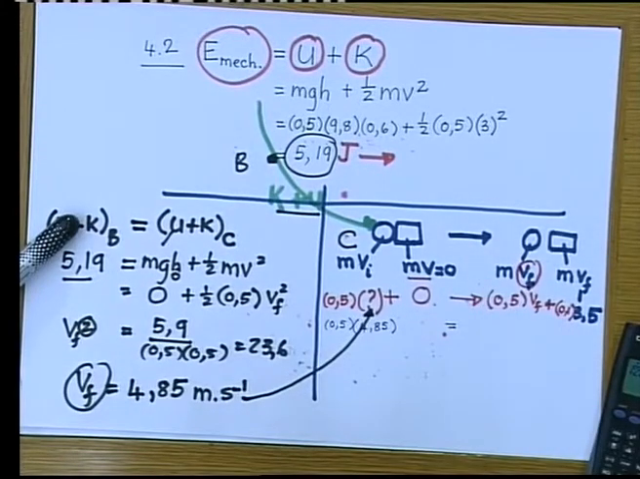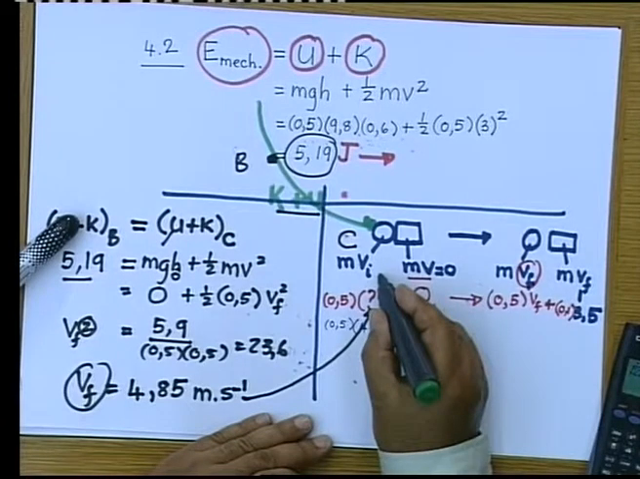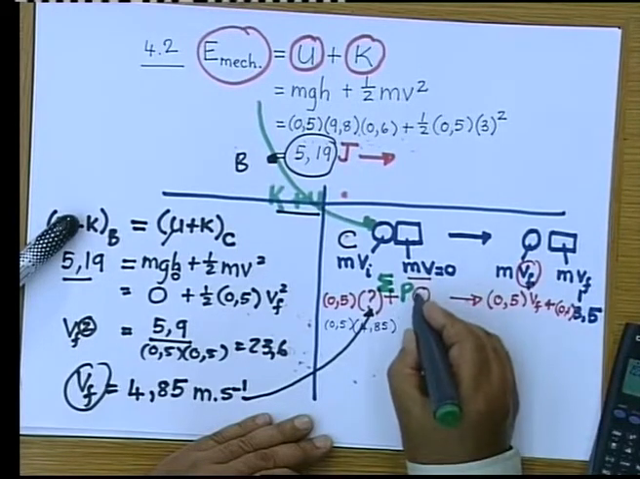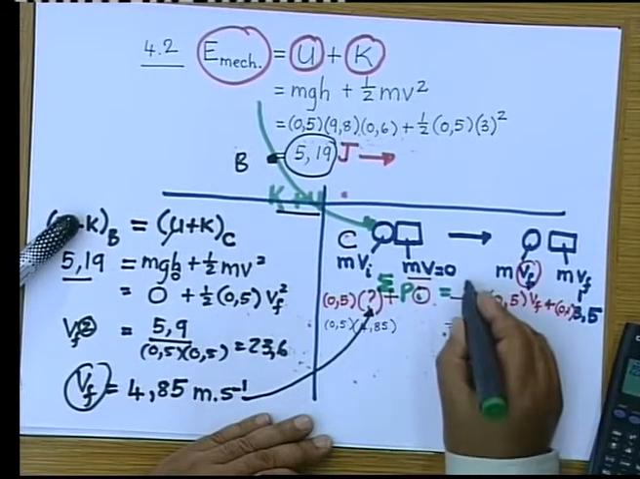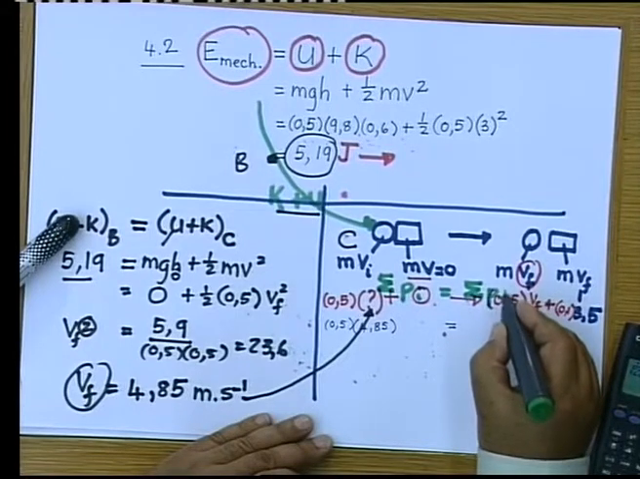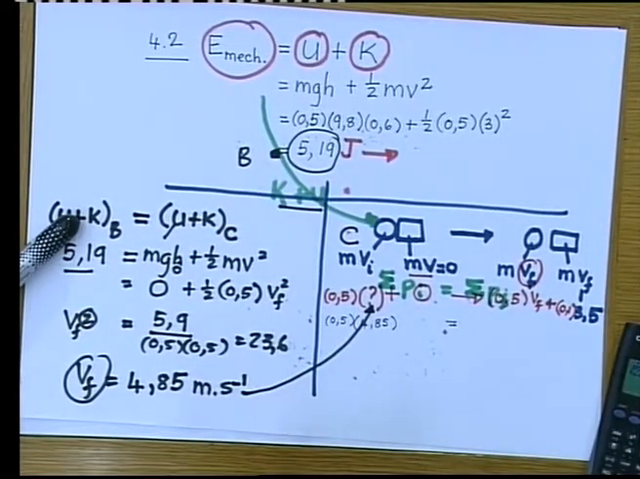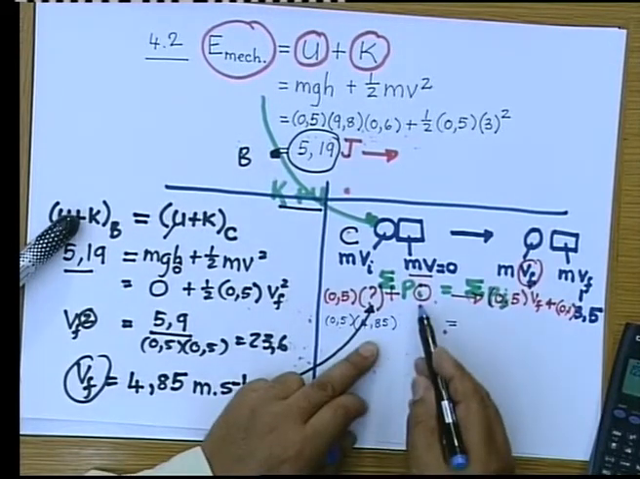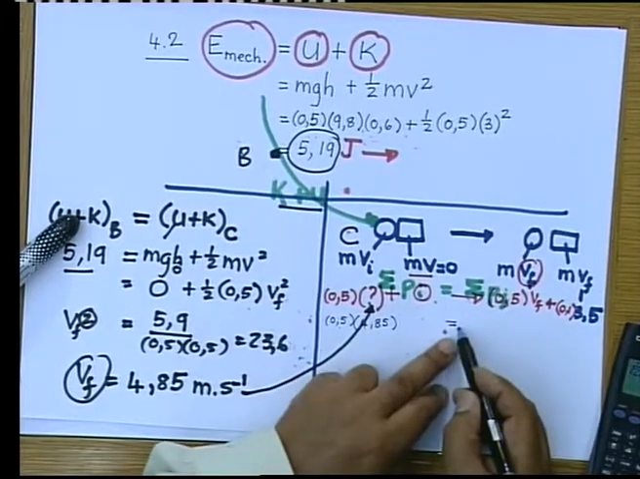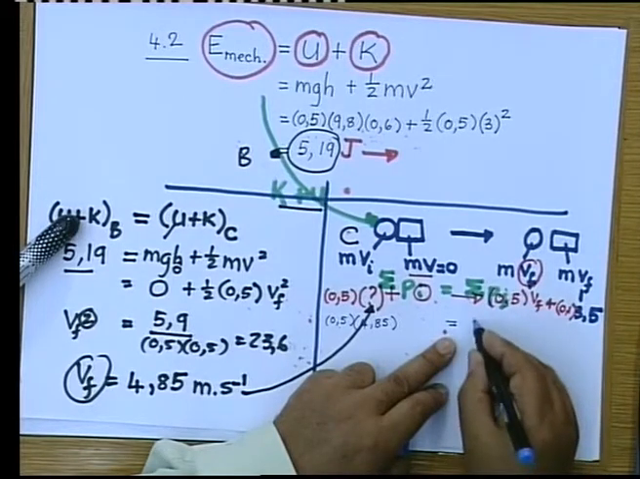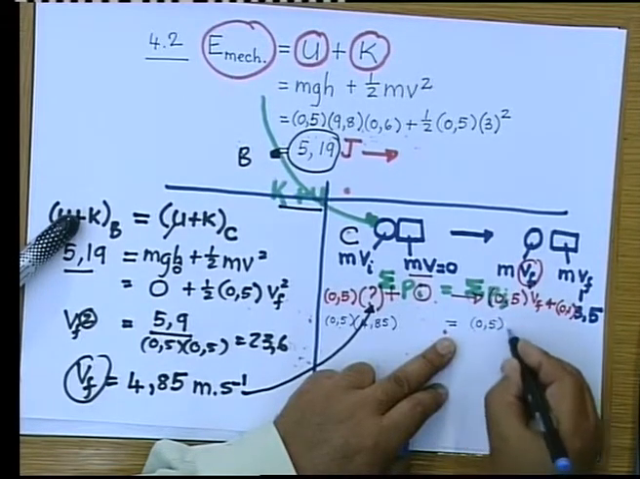So I could write this here at the top. The sum of the momentum before, or initial, is equal to the sum of the momentum final. Therefore, the momentum is mass times velocity plus nothing is equal to the sum of the two momenta. So it's this one, 0,5 Vf